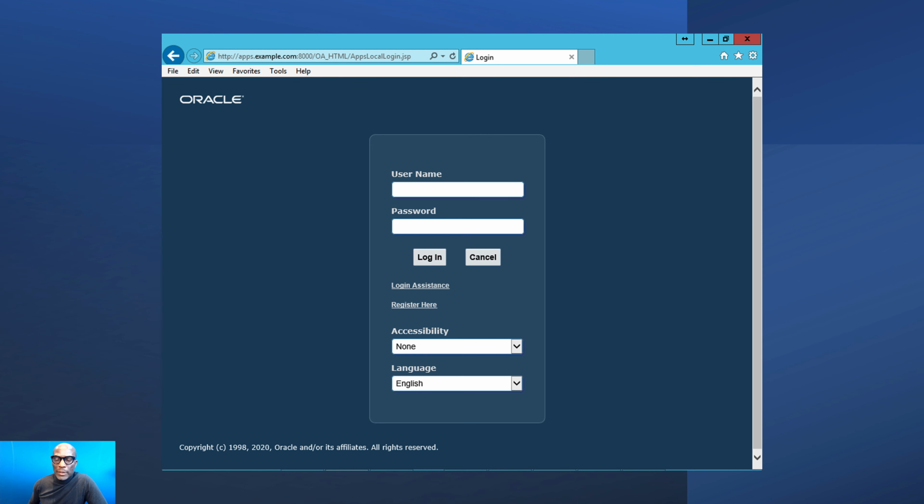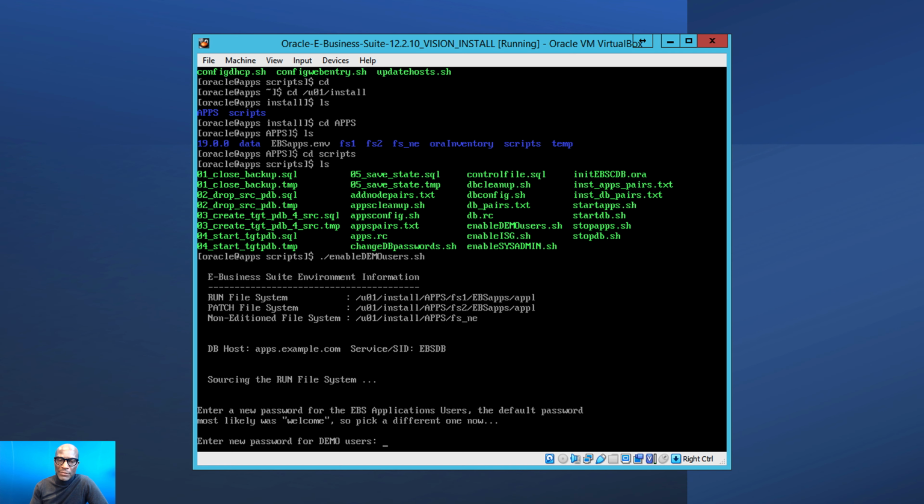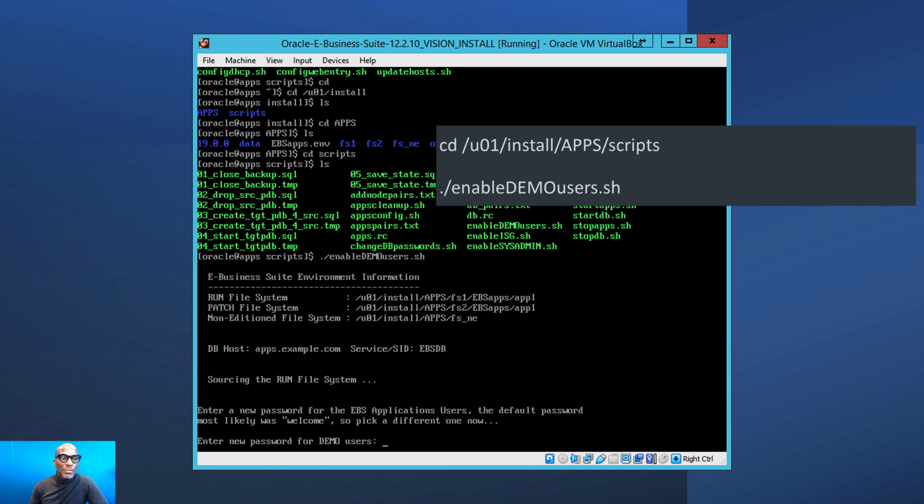Now, for release 12.2.10, you would have to enable the demo users. You won't be able to log in otherwise. So to do that, we need to jump back into the server. At the command prompt, logging in as your Oracle user, just type CD